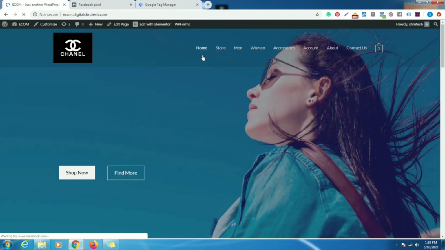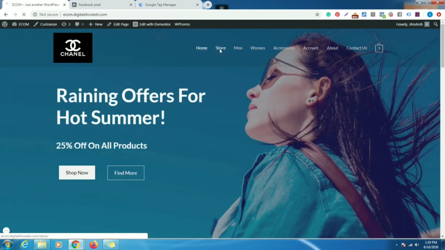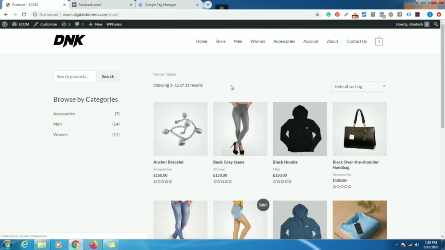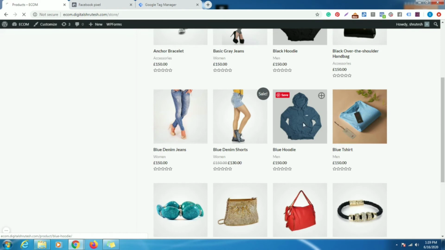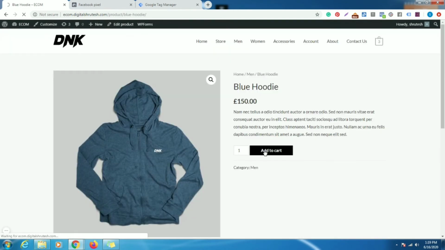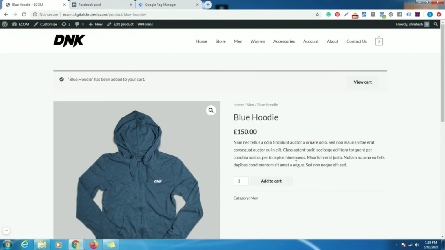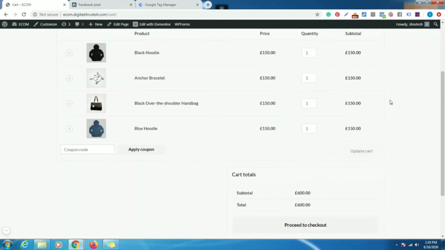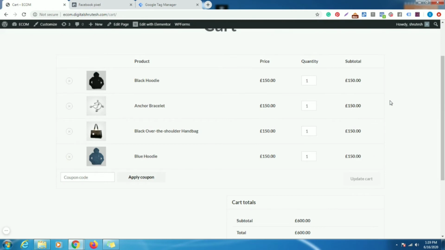Now we need such people who go to the store, then see the products, then add to cart, and then view the cart, but they have not made a payment.